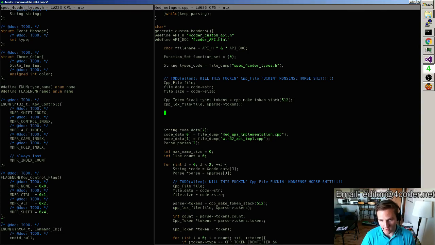the whole thing lexed, all of the types. But I still need to do some other stuff, right? So I've got the tokens from this file in this token stack. Next, what I want to do is I want to